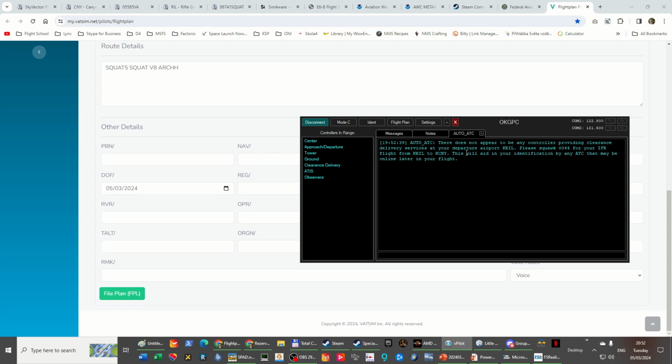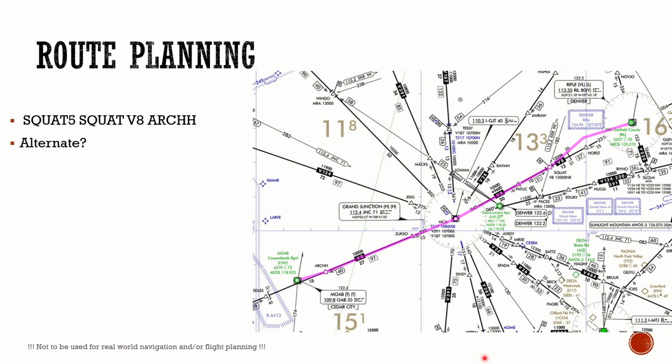We don't have any controller online right now, but we should already have this squawk instead of the generic one. So if any ATC comes online, we are already squawking this one, and they will have it on their strip as well. So that was filing of a flight plan. We covered the route planning,